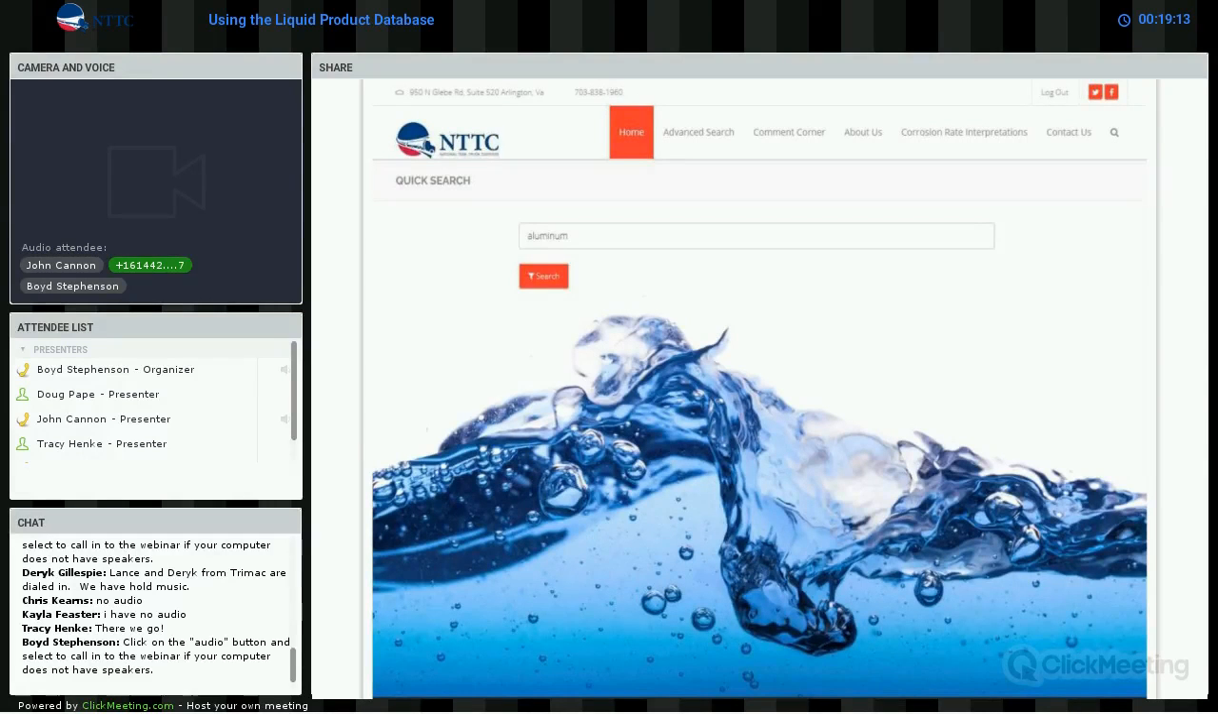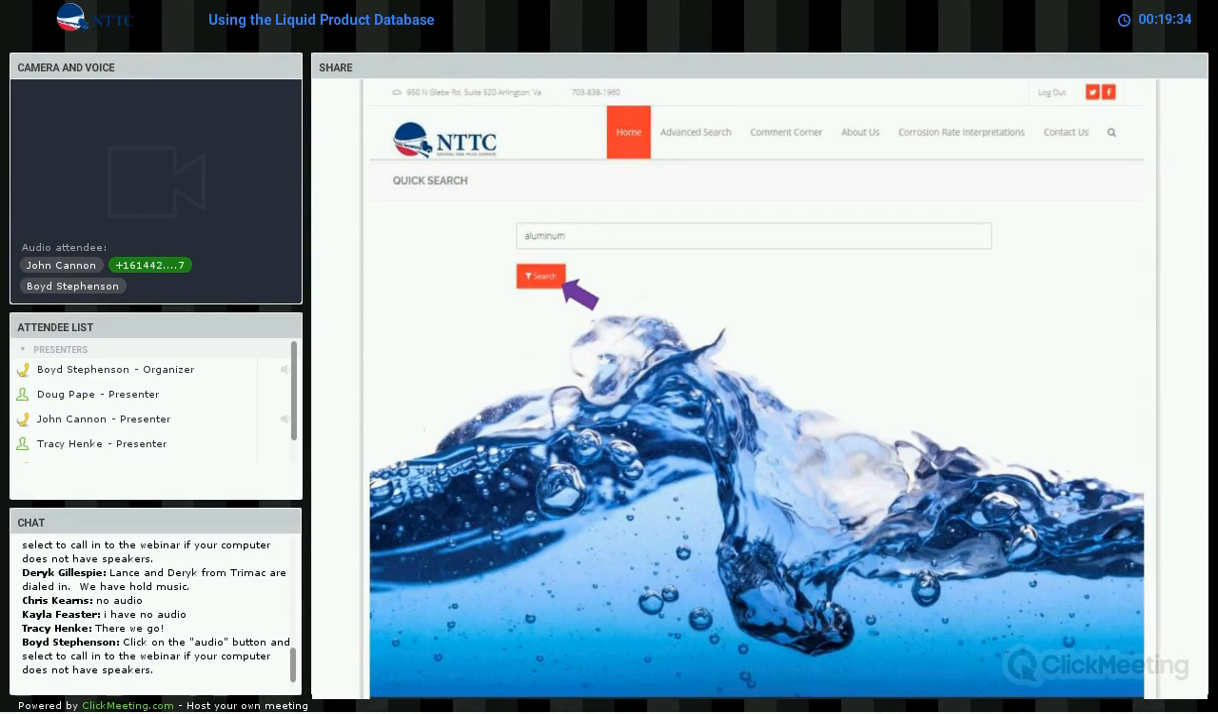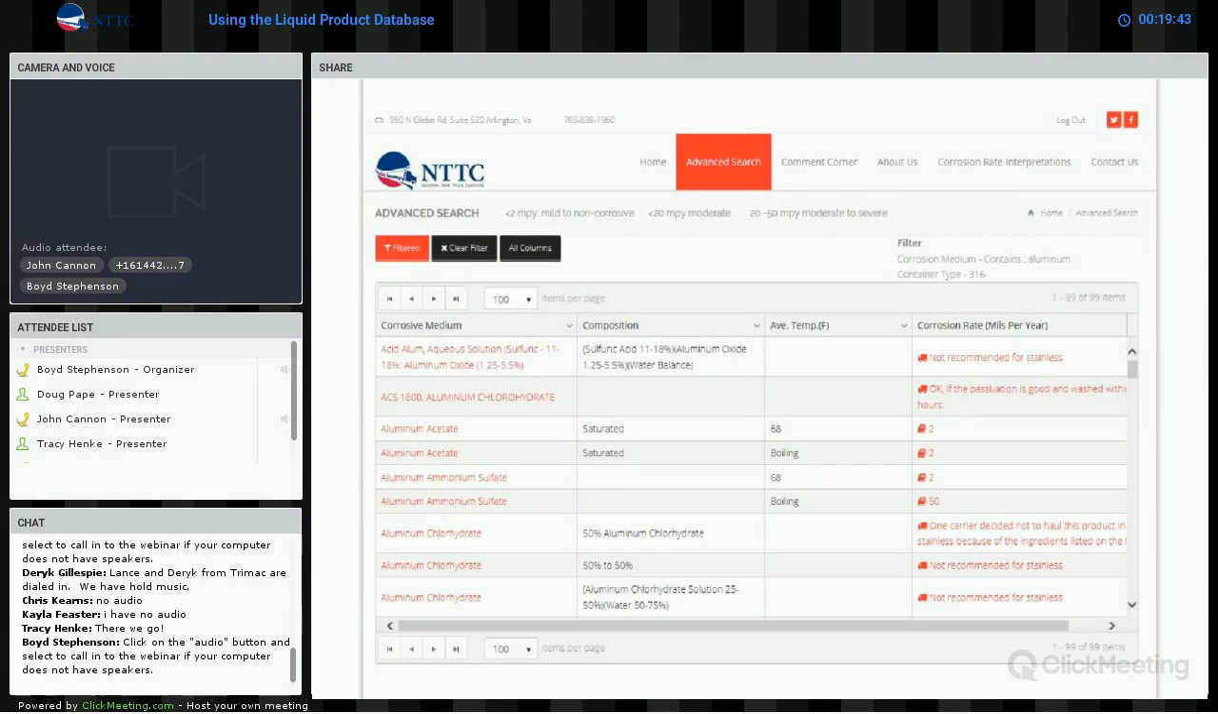So here we are back at the main page, and I've typed in the word aluminum. If I type in aluminum, that will bring up all of the compounds, all of the entries in the database where aluminum is part of the name. So if you type in aluminum there, and then